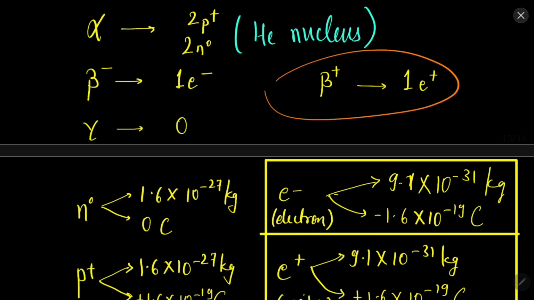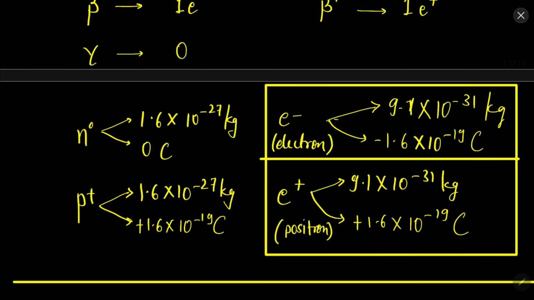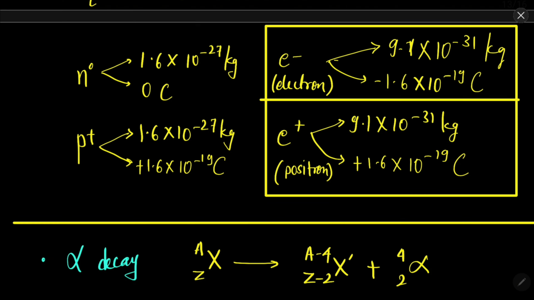Now beta particles are also of 2 types: beta negative, which we are discussing, that is negative, and there is also beta positive, which is positive in charge, but this is not a proton, it is a positron. So there is another particle called a positron which is positive in charge, but it is just the counter image of the electron. It has the same mass as that of the electron, but its charge is opposite to that of the electron, it is positive. It is not a proton, remember, because the mass of a proton is high. It is the electron's positive version, so positron.